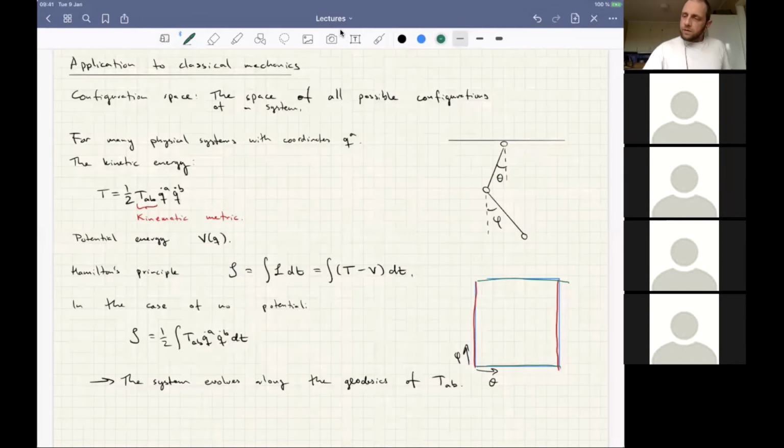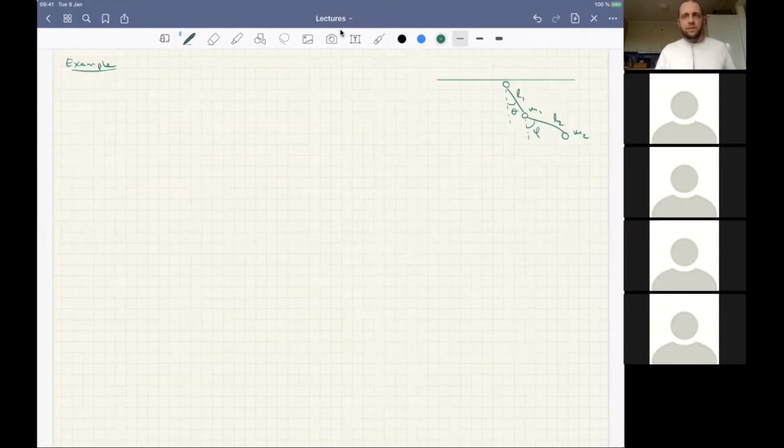Okay, so I hope everybody's back. It's 1:15, and let's continue. So in the break, I took the liberty of drawing another double pendulum, which I'm going to use as an example, just so that we can see how the kinematic metric and also the potential behaves in this situation. So in this case, if we write out the positions of both masses, so of mass 1 and of mass 2, I'm going to write them relative to